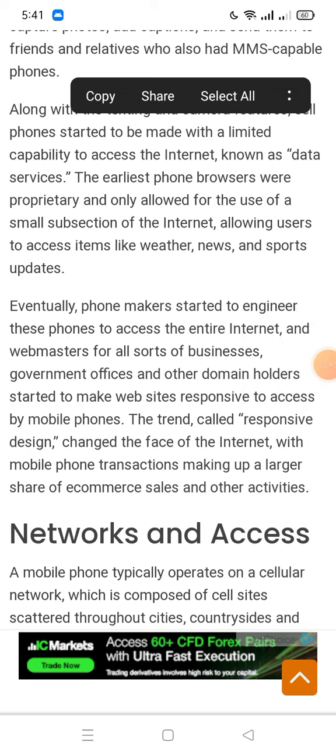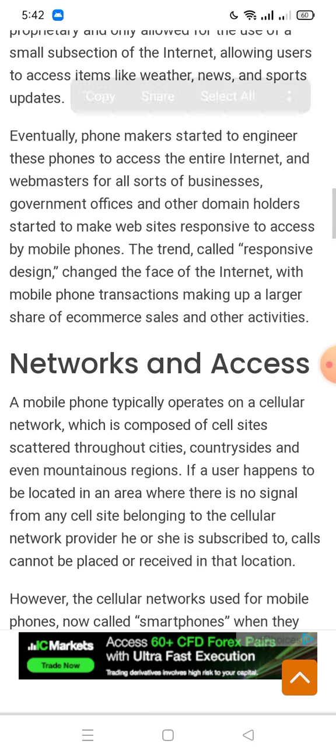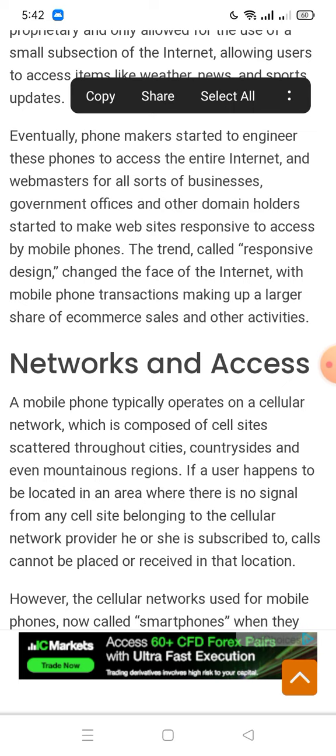Networks and access. A mobile phone typically operates on a cellular network which is composed of cell sites scattered throughout cities, countryside, and even mountainous regions. If a user happens to be located in an area where there is no signal from any cell site belonging to the cellular network provider, he or she is subscribed